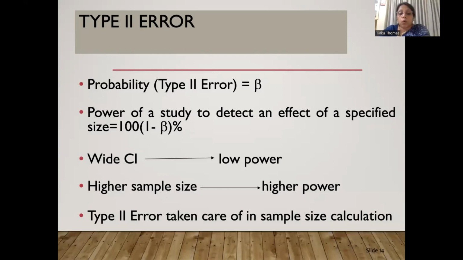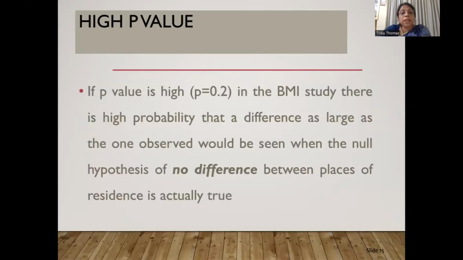So these are the two errors, and the probability of type 1 error is alpha and the type 2 error is beta, and we try to control for both of them in our sample size calculations, and we keep an arbitrary cutoff of 0.05. I re-emphasize, it is an arbitrary cutoff of 0.05, which has been traditionally accepted as a cutoff of type 1 error. So we say that if the probability of type 1 error is low,